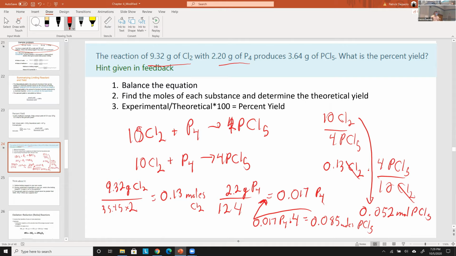Okay, good. So after this, we're not done, because we need to figure out the amount of product in grams determined by the full reaction with the limiting reactant. So the limiting reactant we said was the Cl2, since it produces fewer moles of PCl5. So let's take the 0.052 moles of PCl5,